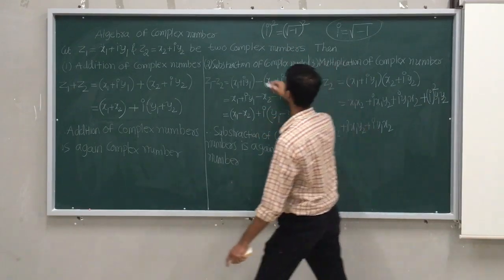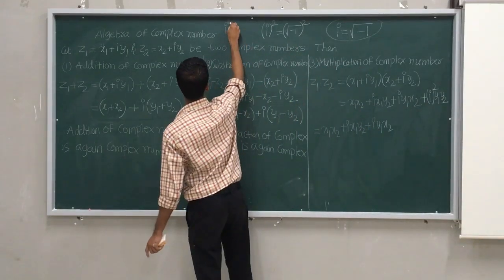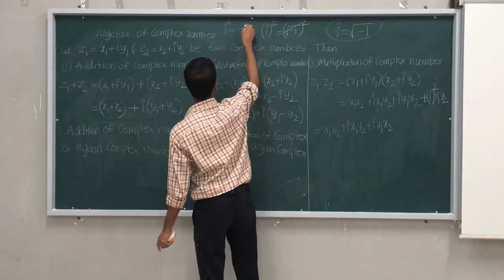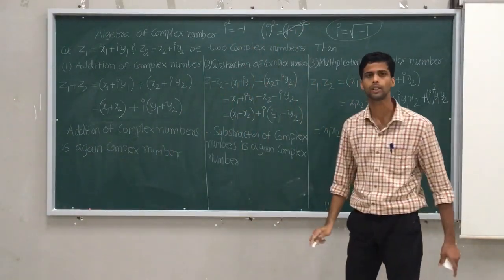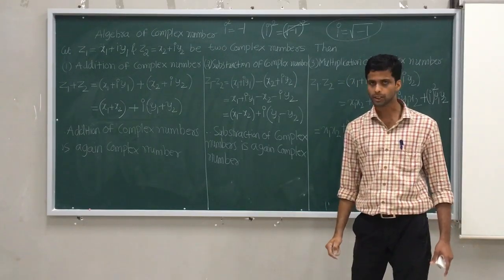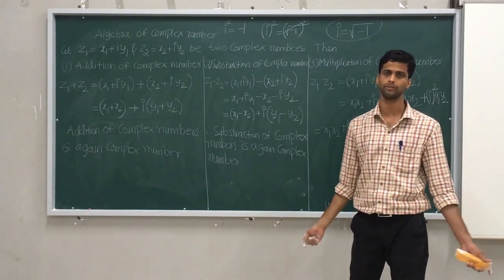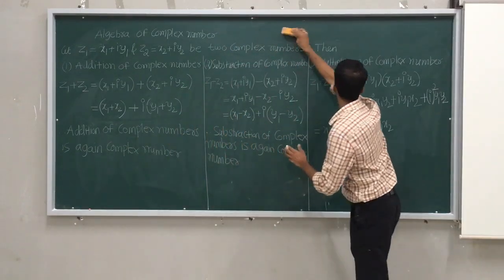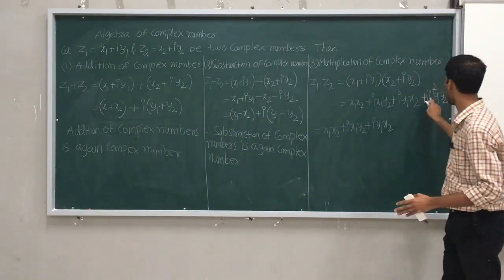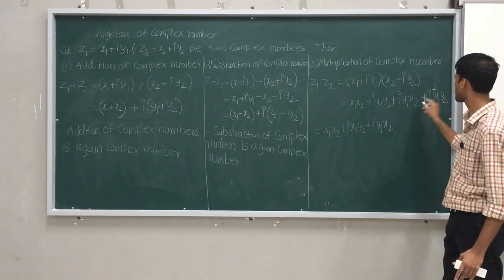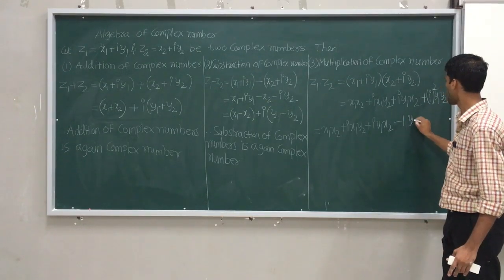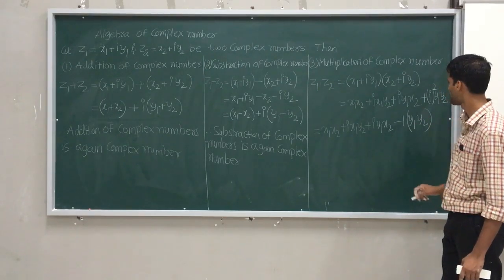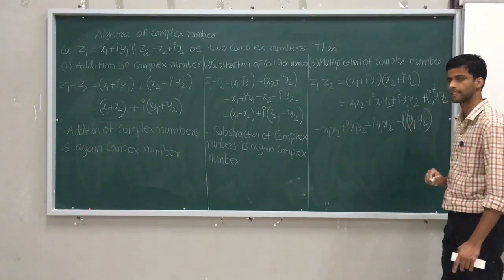The square and square root get cancelled, and you are left with minus 1. Therefore, always keep in mind as a note, if i is root of minus 1, i square is minus 1. It's an easy fact for you people, not an issue. Therefore, I can say the i square term gives minus 1 times y1 into y2.